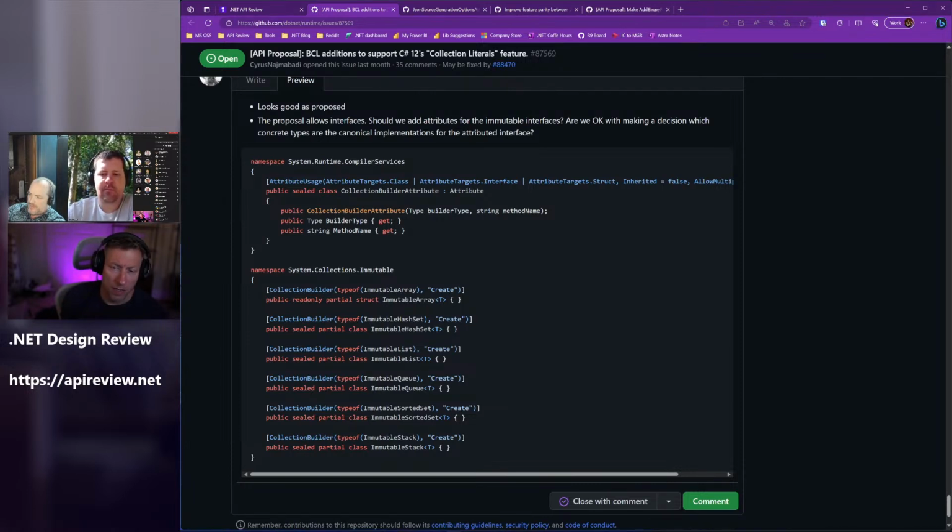I mean, unless you're saying like, oh, what if you want the method to live on a different type? But I don't know why you would want to do this. I mean, I'm fine with saying allow multiple is true. It just seems unnecessary. Yeah, because if a scenario came up in the future where it made sense to make allow multiples being